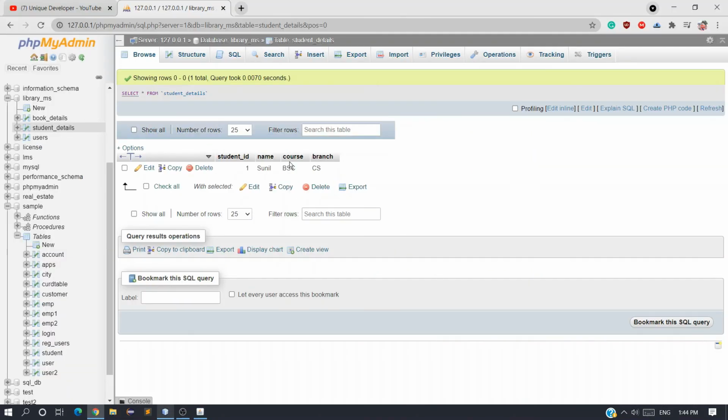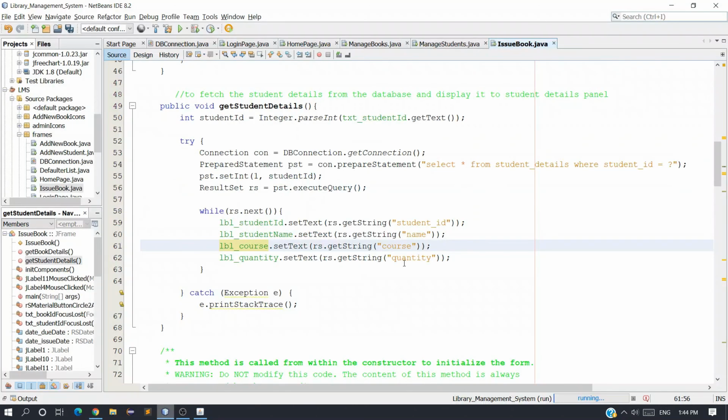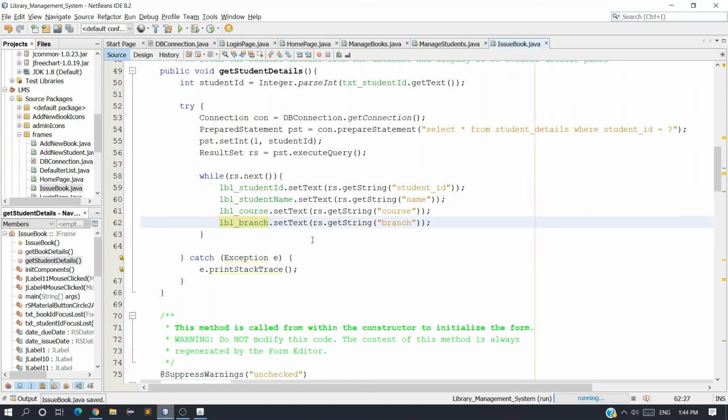You can see in the database the column name is course, and the next one is branch, and here lblBranch, and everything is good.